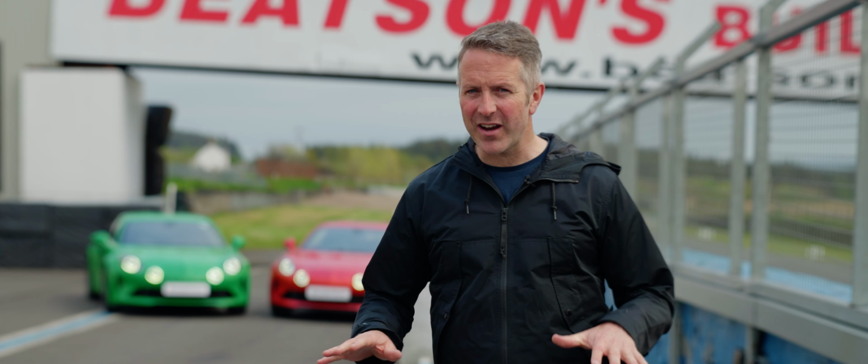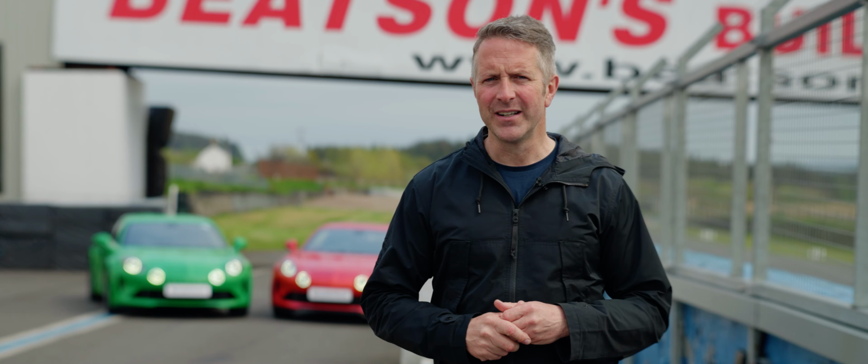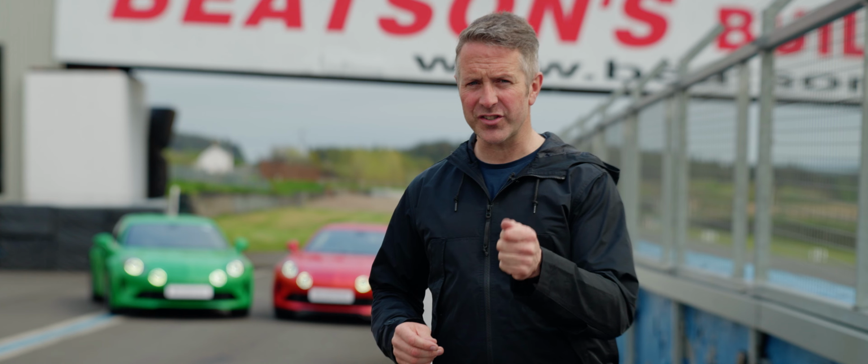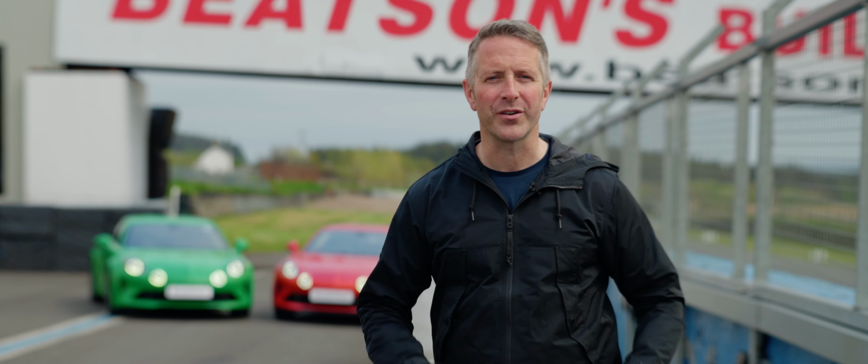The mid-engine centre of gravity, the turbocharged engine or the lightweight design philosophy, they all add up to more than the sum of their parts for the Alpine. It encourages you to drive, it asks you to drive, but it also wants you to flow between corners. Whether it's the GT for a daily driver for you because it's maybe a little bit more refined and sophisticated, or the S which offers you a bit of a track-focused vibe, the question to me is, would I buy